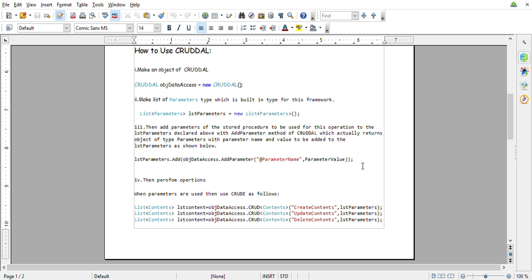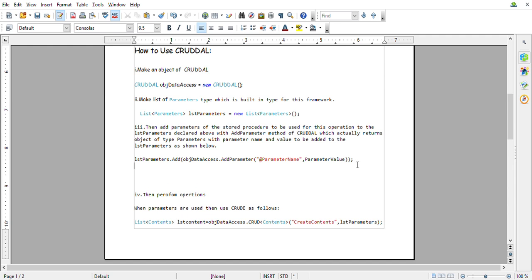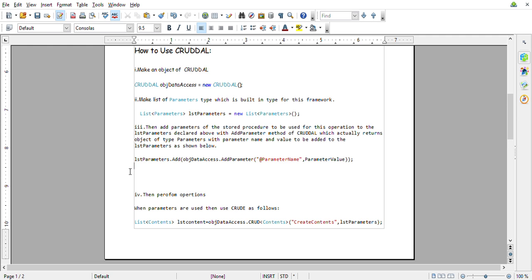Instead of one parameter, let us suppose, as I told earlier, your procedure insert employee or insert car or insert anything is accepting a few parameters. So these are the few parameters. If you have only one parameter, you can pass it like this. If you don't have any parameter, you only have to pass the procedure name to the CRUD, because